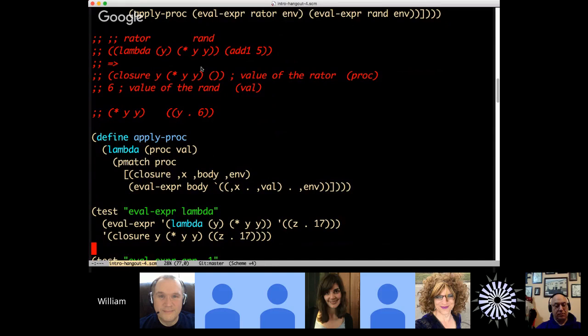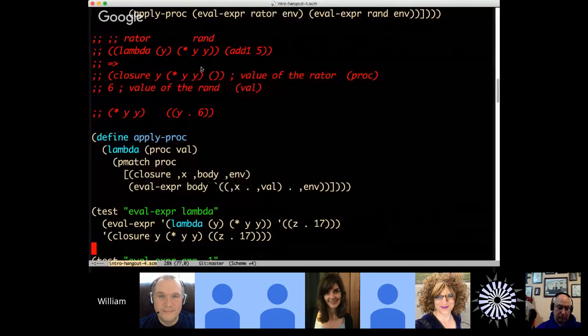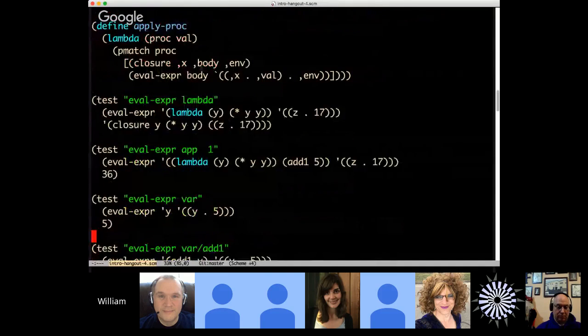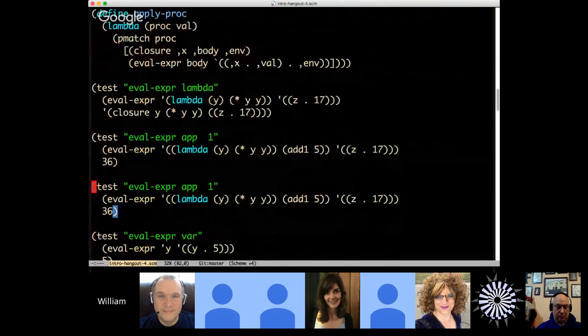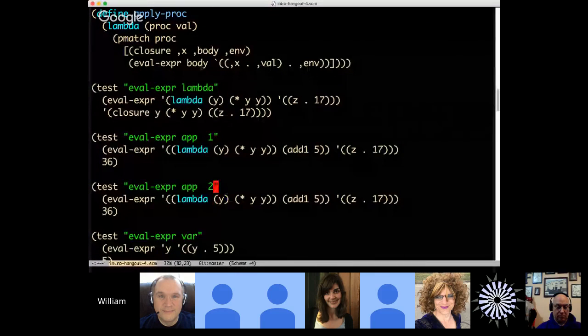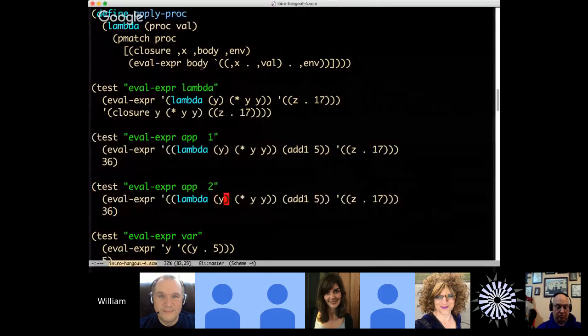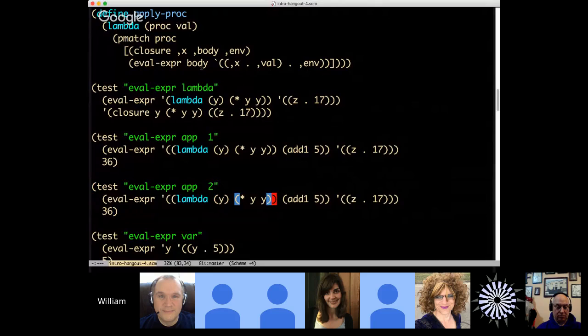And it took me seeing it and thinking through and tracing examples quite a few times before I really started getting the connections. So we're going to do this quite a few times to make sure you really understand what's going on. But we have gotten to the point now where we can write these sorts of programs. So I am going to write one more example just to make sure things are working for the application case,